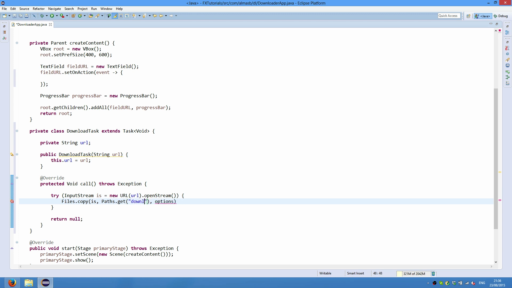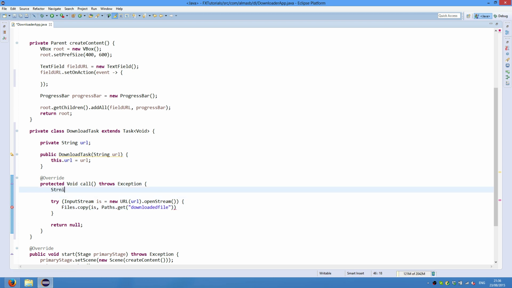Or we can call it downloaded file. We should really take the name of the URL and then its extension, which means that we need to manually parse the URL. Okay, so we'll do this. String extension